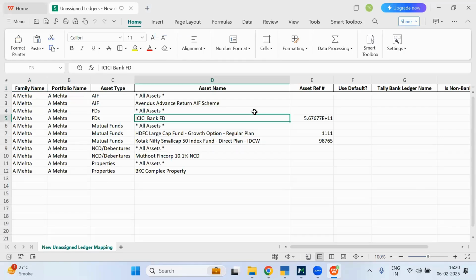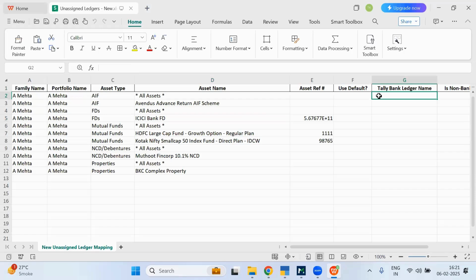Let's say in ICICI Bank, but you have made the payment through some different bank. Or maybe you might be making the payment through ICICI Bank only. Here you have to simply add the bank ledger name. And if you are already using Tally application, all the bank ledgers will be already created in that bank. So again, you have to use the exact same name which you have used in the Tally application. So in my case, I am using Kotak Bank ledger, which I've already created in the Tally application. So I'll simply write Kotak Bank here